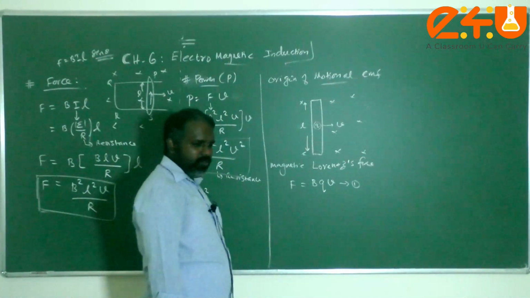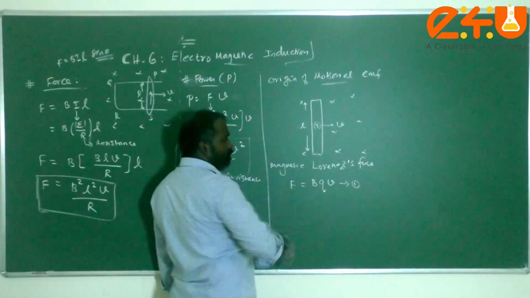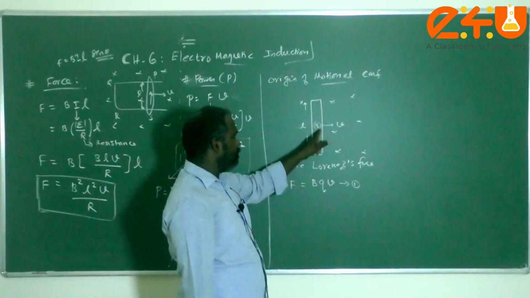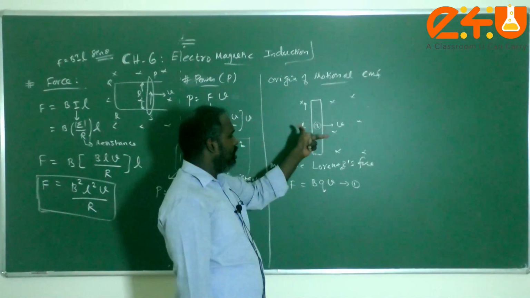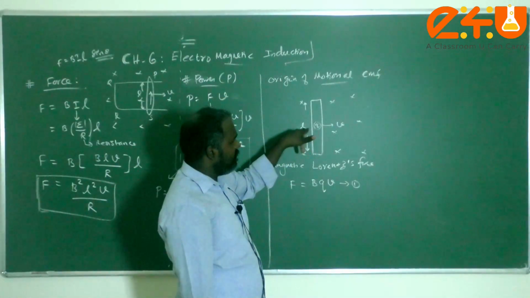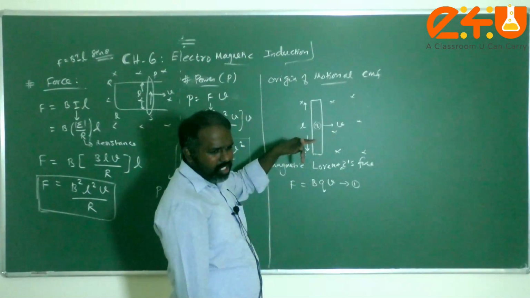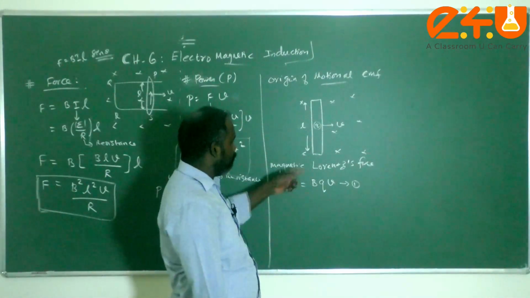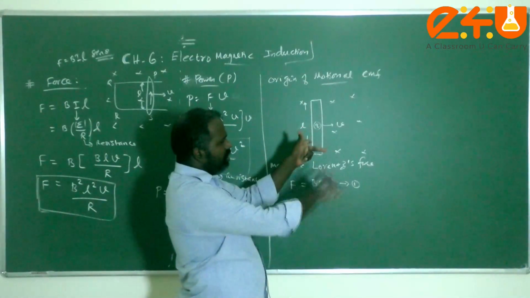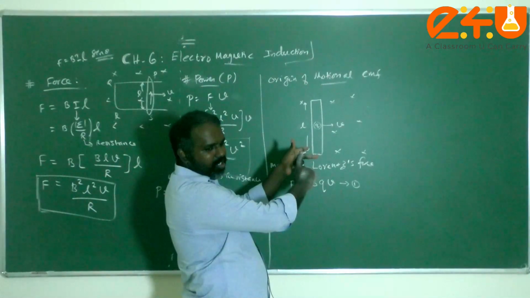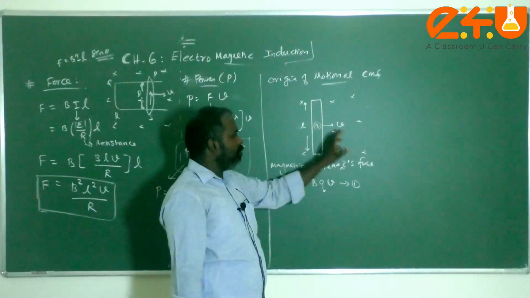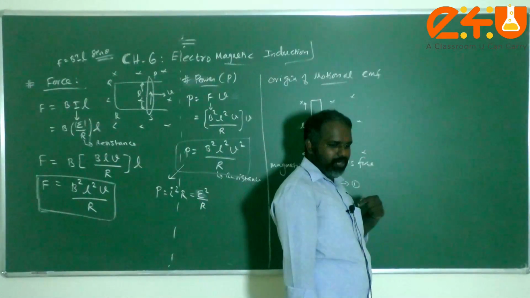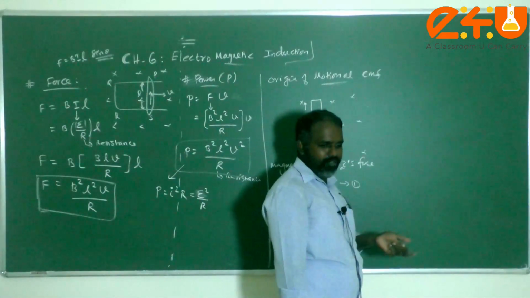And because of this force, what will happen? Say the charge is positive, the magnetic field is inward, and the velocity is in this direction. Just apply Fleming's left hand rule to find the direction of the force acting on the charge. This is the direction of motion of the conductor, that means the direction of motion of the charge, because when the conductor is moving, the charges inside also move with the same velocity. If I am walking, the velocity of the mic is the same as my velocity, because it is part of the system.